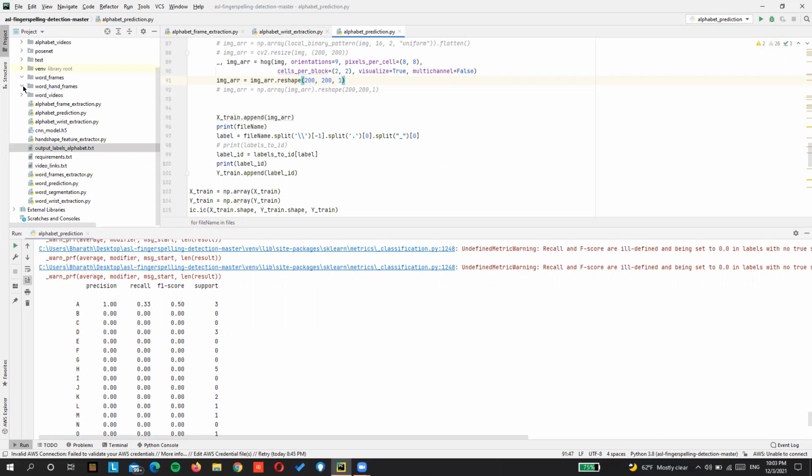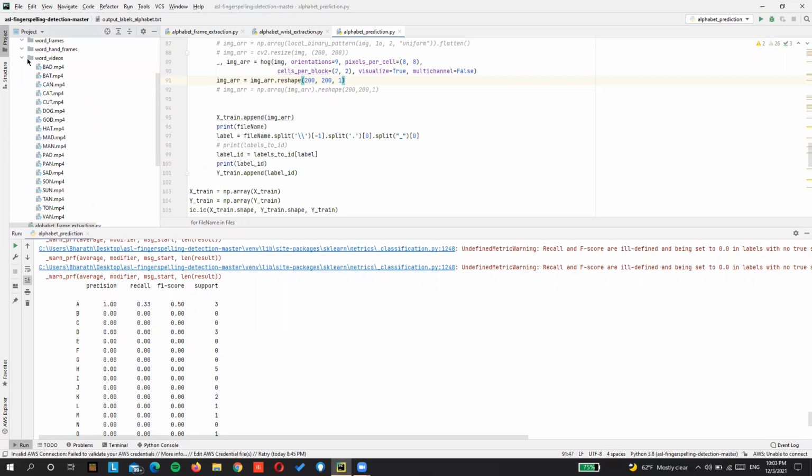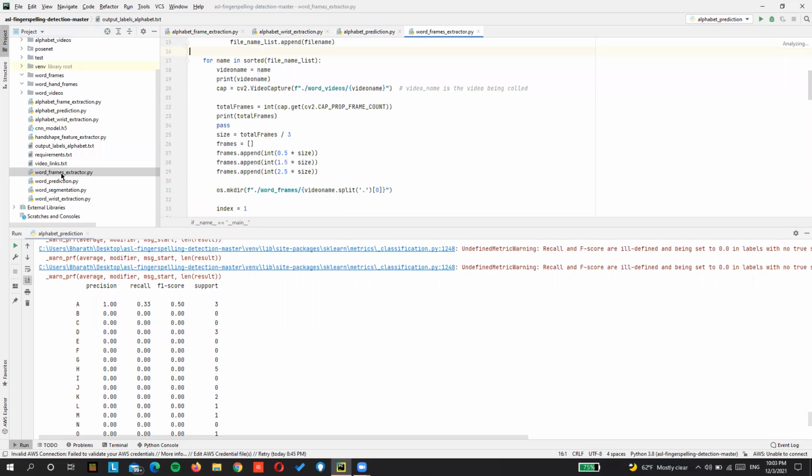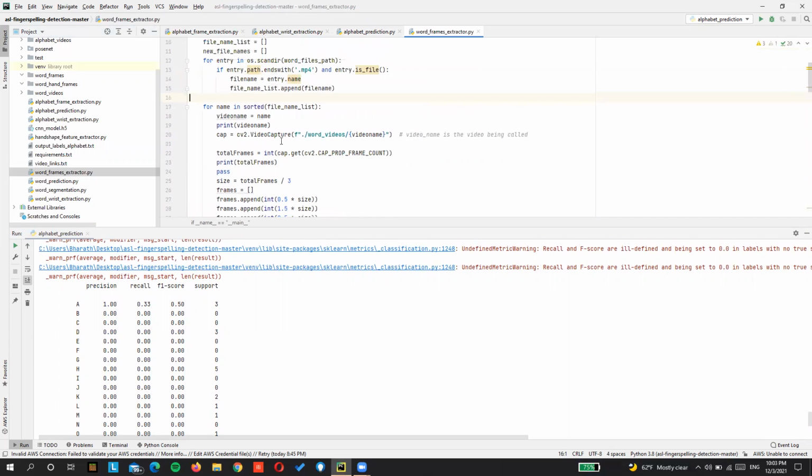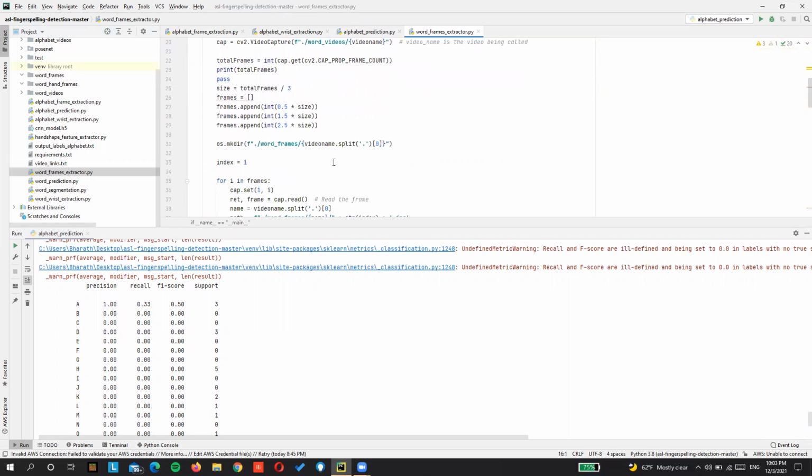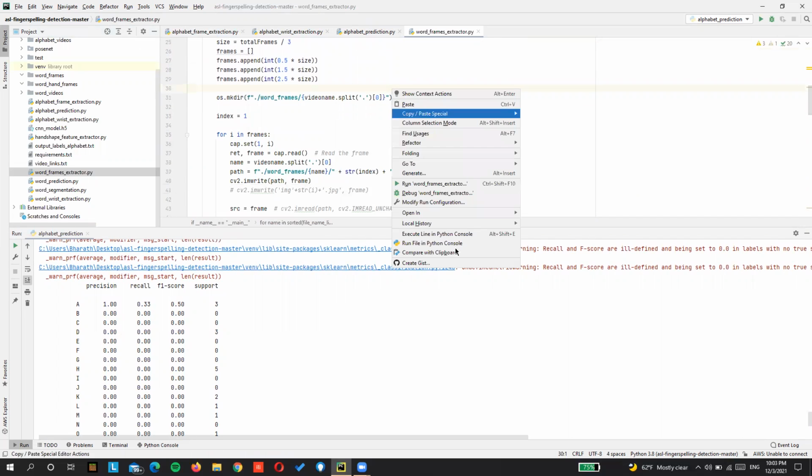Now coming to word videos, we have our word videos dumped into the word videos folder as well. Similar to alphabet frame extraction, we have our word frame extraction, which will take all the words from the word videos and dump them to word frames.